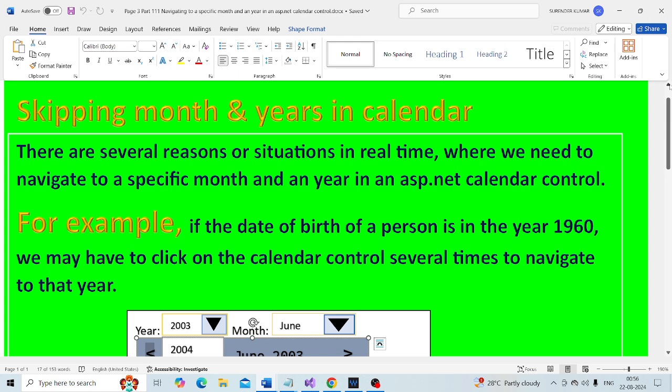If the date of birth of a person is in the year 1960, we may have to click on the calendar control several times to navigate to that year. So where to go now? Go to the browser. We have to click this number of times to navigate to that year.